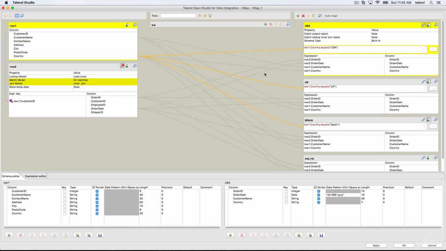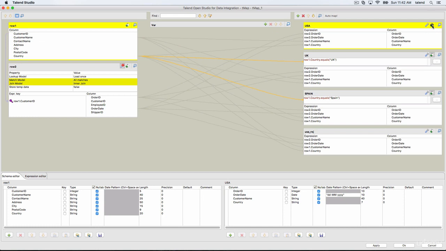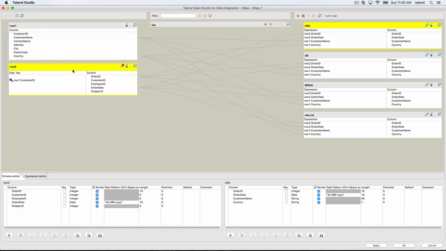Basically, it's divided into three sections. On the left side, what you see is called source metadata, and then this is the target, whatever columns you define here. Let me switch off all this, so all you can see are the output links and the input links. Okay, now they are clear.